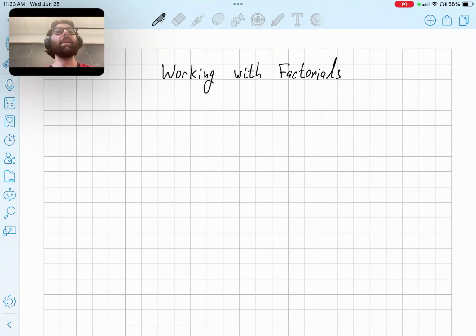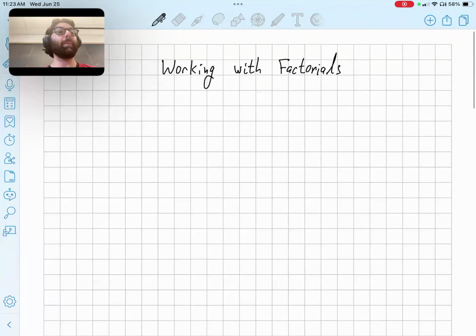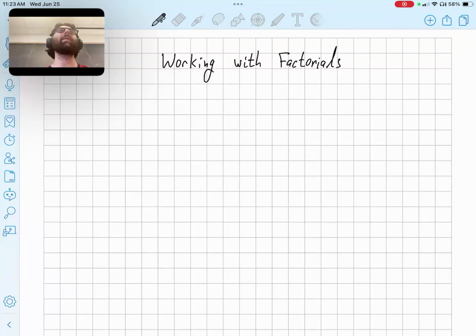Hi, everyone. In this video, we're going to get a little more experience with working with factorials. So we're going to see some of the properties. We're going to see easier ways to work with them besides computing with these astronomically large numbers and things like that. So our first property is that factorials